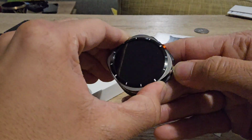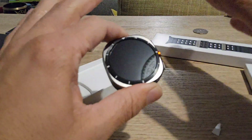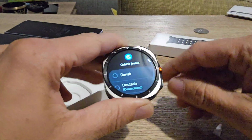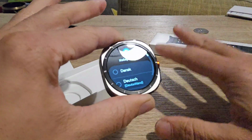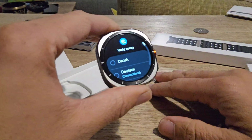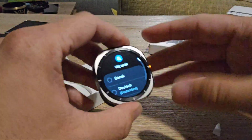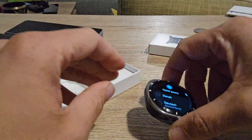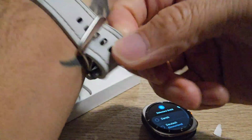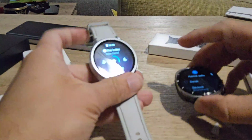And then back to titanium on the top. No rotating bezel, which does bug me. It is something I like, but I do think it's probably just down to the fact that it's a durability thing, right? When this is an ultra watch designed for diving and hiking and being all kinds of rugged. Now, if I take off my Watch 6 Classic, which I wear every day at the moment, does have a rotating